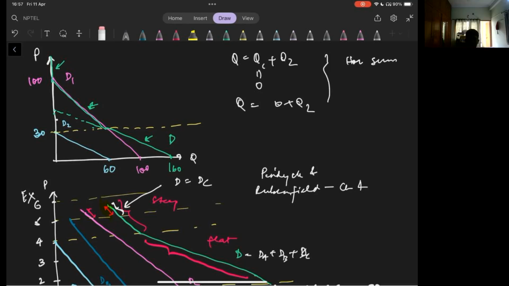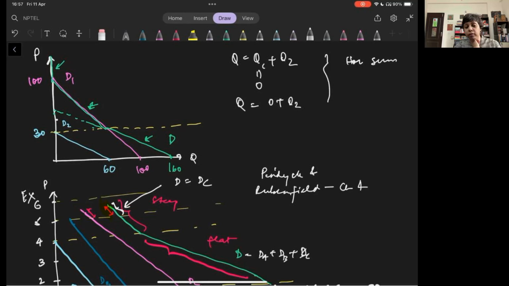Regarding this, at least as flat as the flattest individual curve, does it mean that the Q that we are taking would have the least Q? Sorry, what? Which means that the resultant Q will have the least possible Q? No, it doesn't mean any least anything. It just means that you are taking a sum of this value and this value. So it's going to be further out, right? That's what it means.